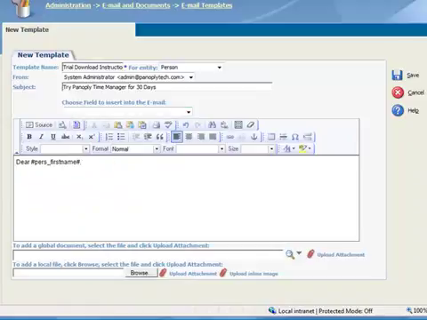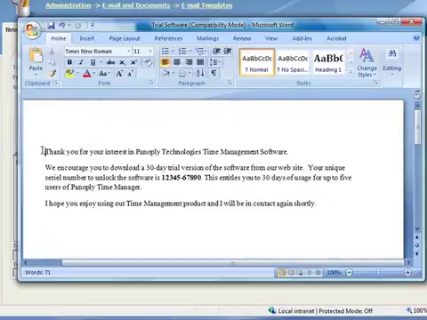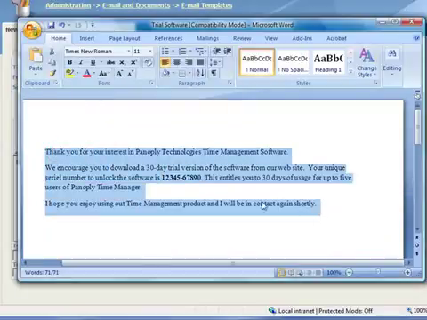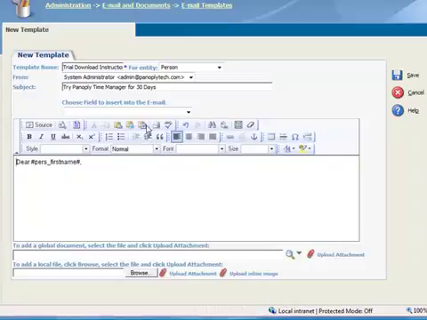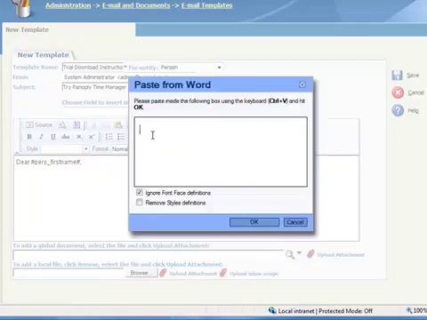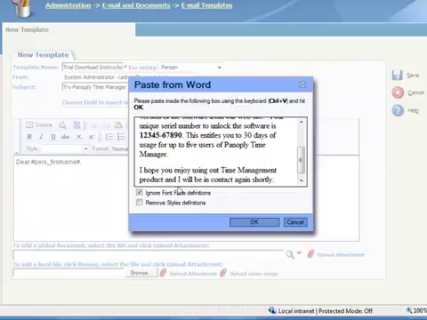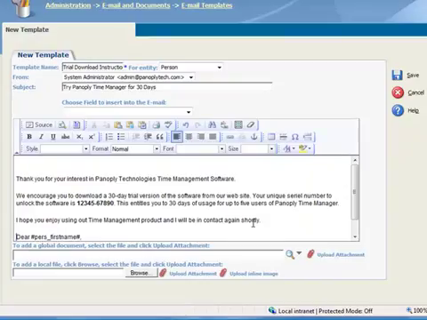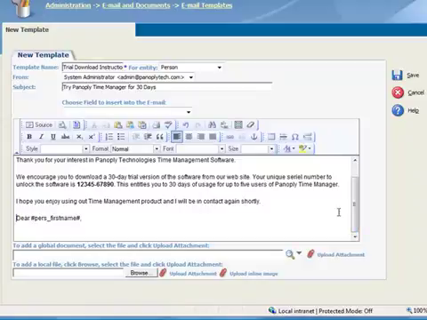To save time, we'll paste some text from a Word document that I created earlier, and importantly, we'll use the Paste from Word button, which will strip out all of the MS Word formatting. We'll follow the instructions in the pop-up and press Ctrl-V to paste the text into this box, and we'll check both boxes and now click OK. The new text pasted above the salutation line, so we'll highlight the line and drag it back to the top